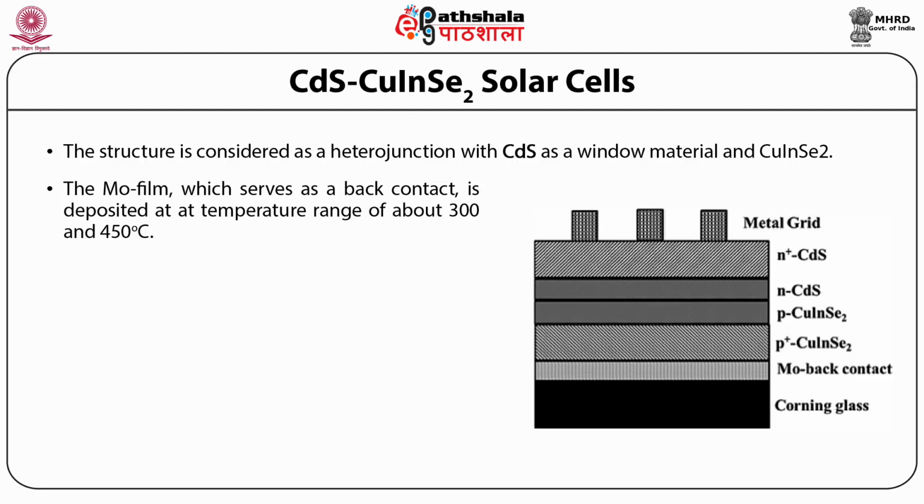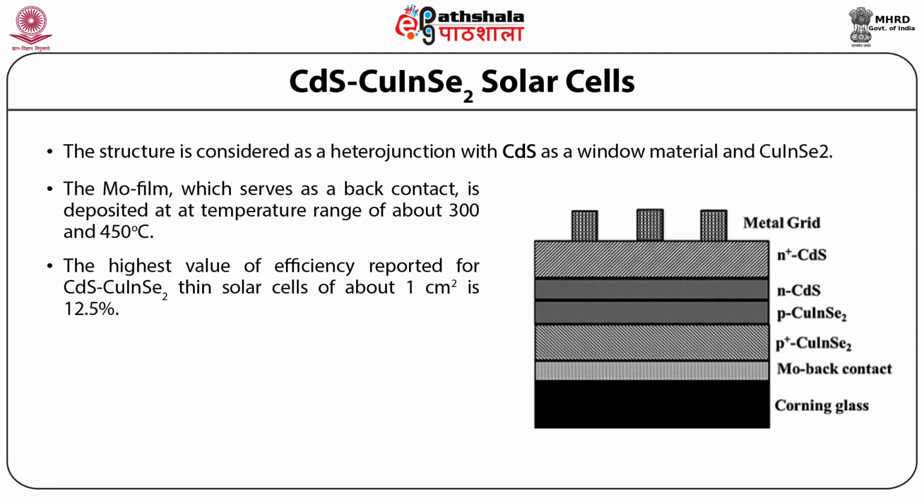In order to avoid interdiffusion, the cadmium sulfide film is deposited at lower substrate temperatures. Heat treatment in oxygen is an essential step in fabrication in order to get excellent cell performance. The highest value of efficiency which has been reported for cadmium sulfide copper indium selenide thin film solar cells